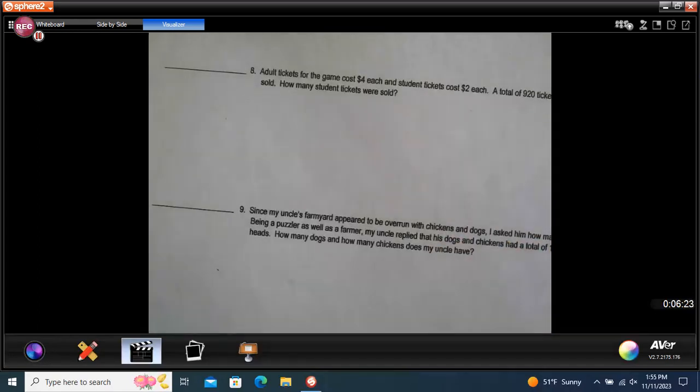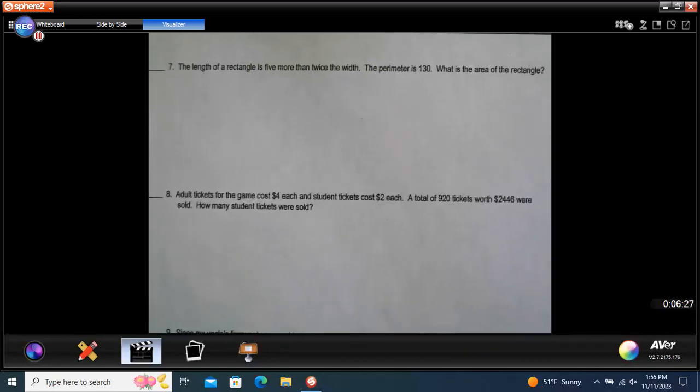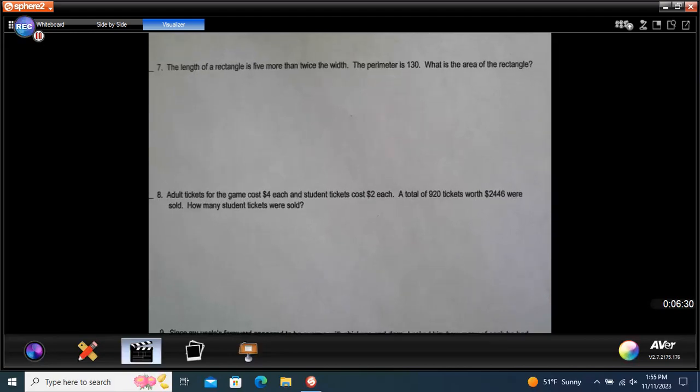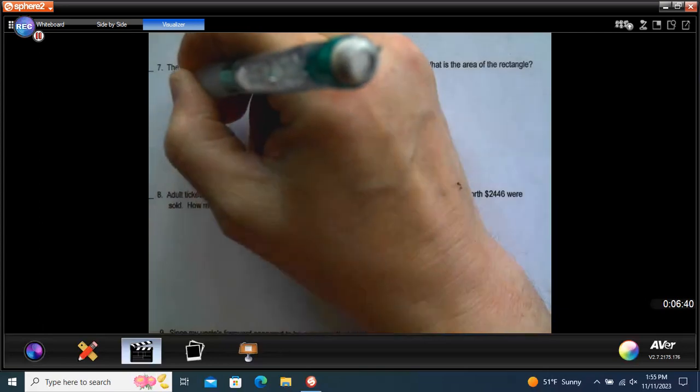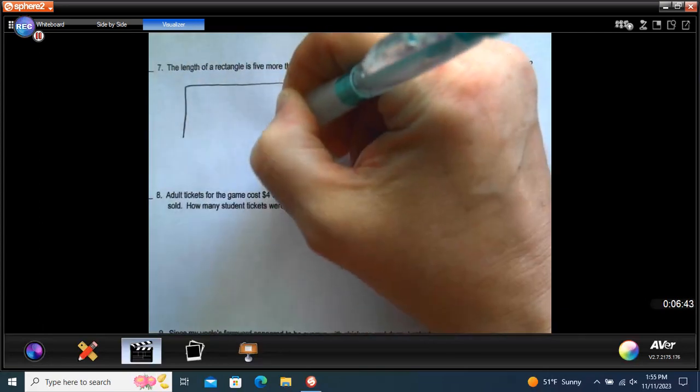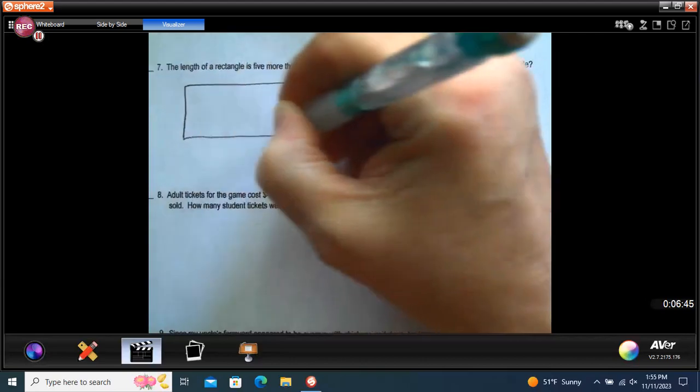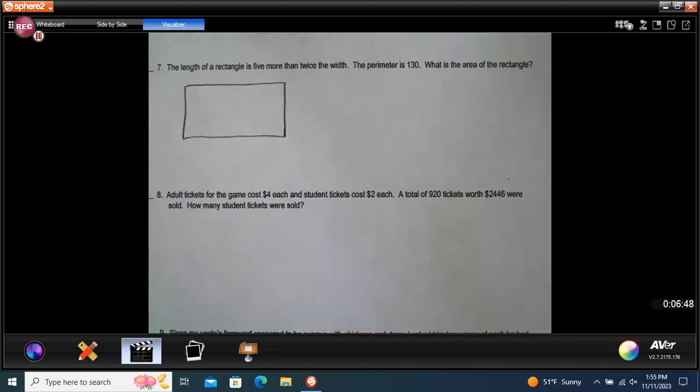And then the length of a rectangle is 5 more. Let's see, let me get that in the frame. The length of a rectangle is 5 more than twice the width. So 2 ways to do this. What we're doing is we're working on solving systems of linear equations. So we write 2 equations and we solve the equations and we move on. Some of the problems actually would be easier to solve not using 2 equations, and this is an example of